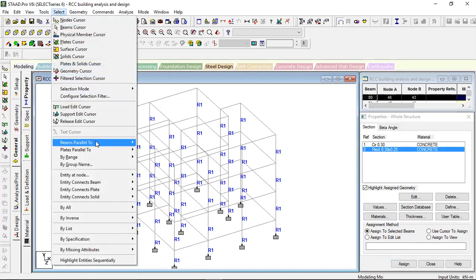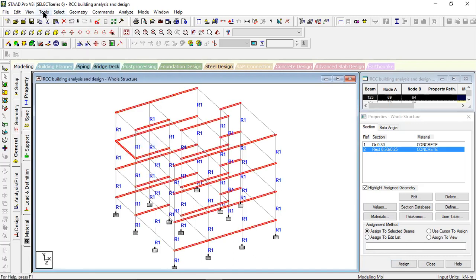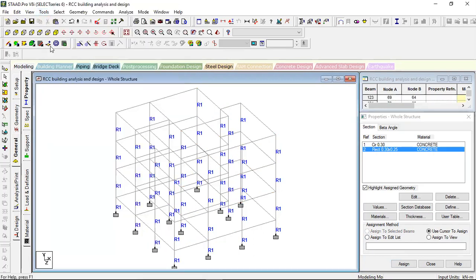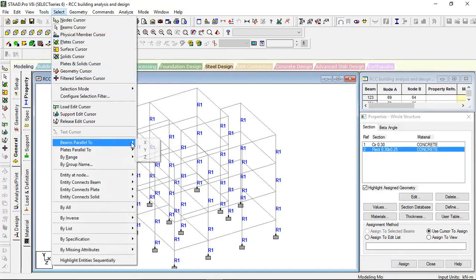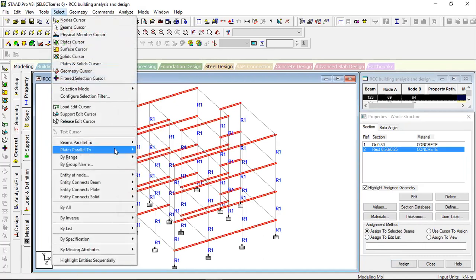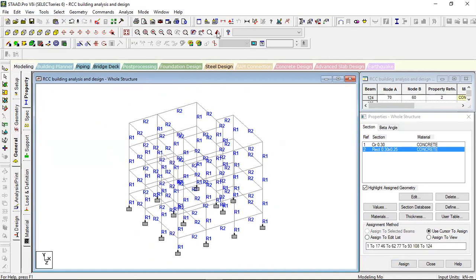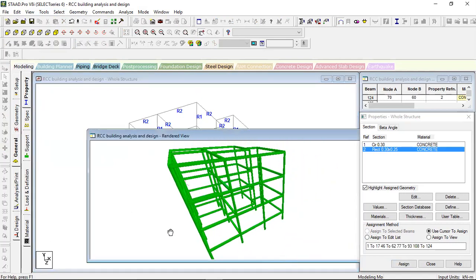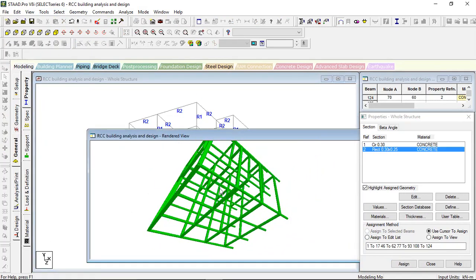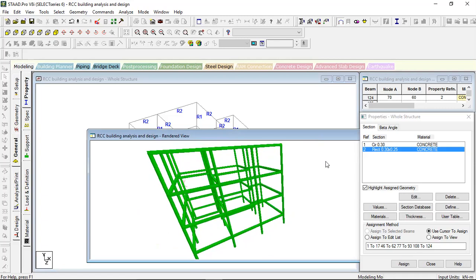Select beams parallel to x, and then select beams parallel to z. Assign to selected beams. Assign. Now you can view it in 3D. See how it looks: circular column and beam arrangement.